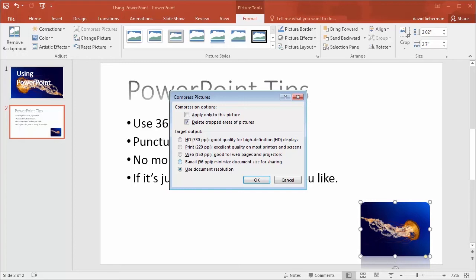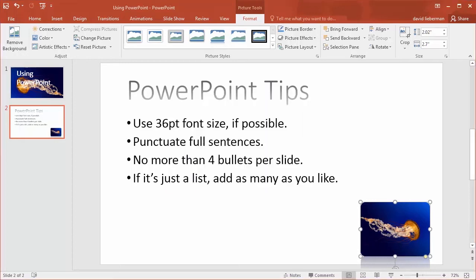Realistically, the email resolution here that they give is just fine for most screen displays. Although if you have a high-def screen display, you can put it on 150. Otherwise, you don't really need any of this stuff. So you basically just hit OK, and then when you save and close the document, it'll actually compress all those